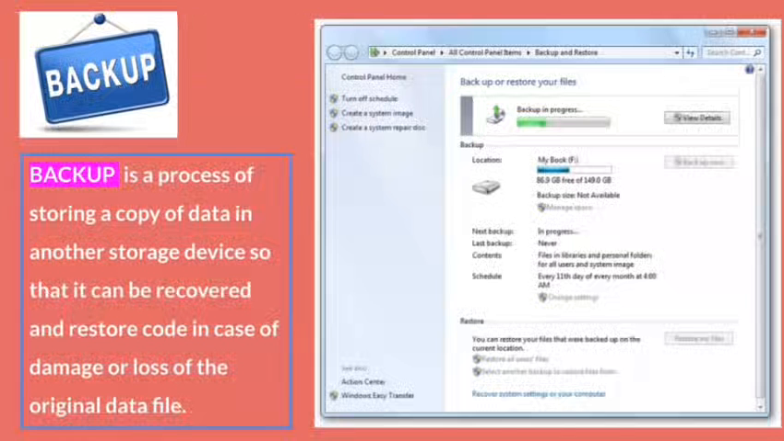Every system has got its own backup. Backup is the process of storing a copy of data into another storage device so that it can be recovered and restored in case of damage or loss of the original data file. Sometimes we